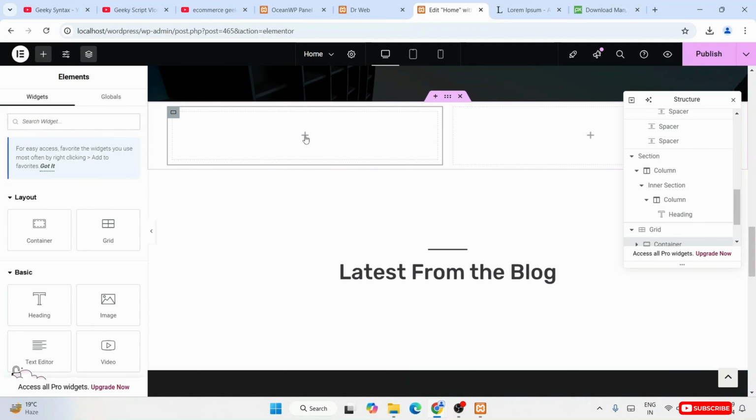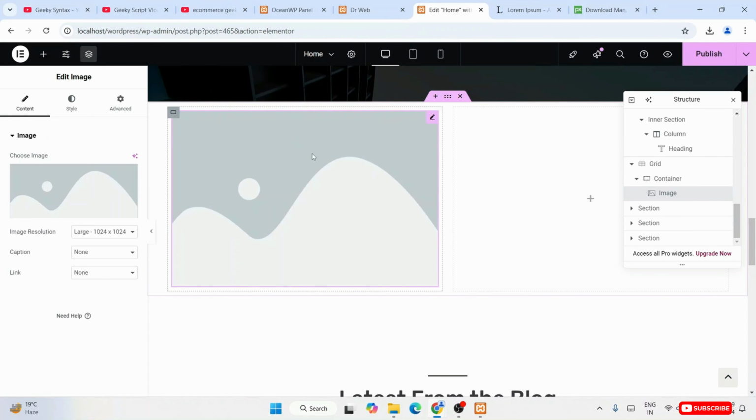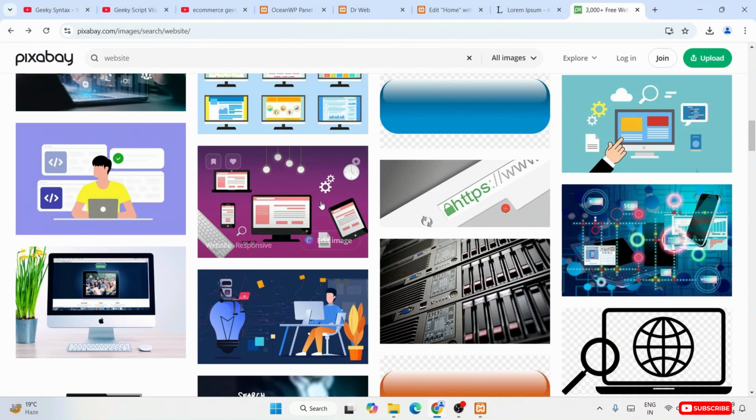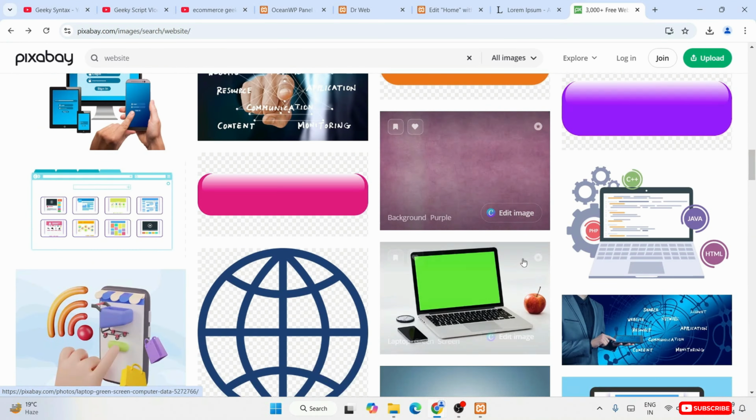Let's again click on this plus icon. So let's say we want, this time, to insert one image, so just select this image and drag it over here. So a sample image is rightly added, but this time it is not showing any image, so we need to add one image. So let's again go to our Xampp. This time maybe we can download